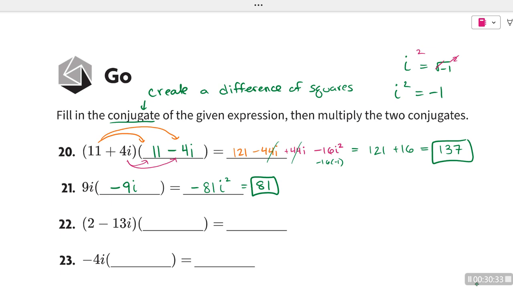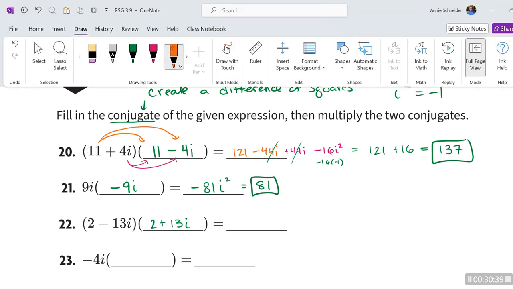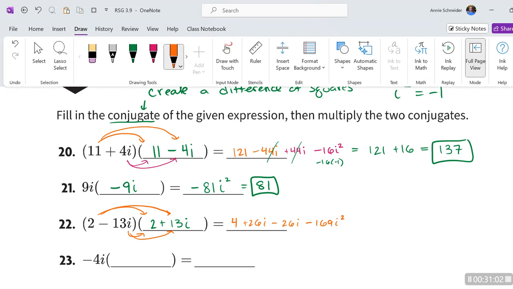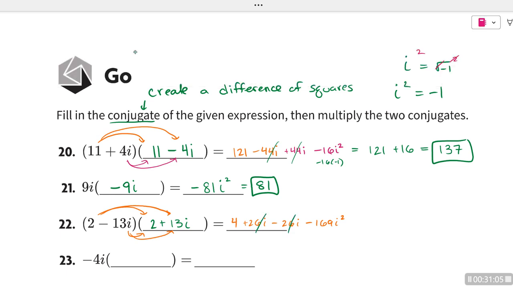Okay. 2 minus 13i, the conjugate is going to be 2 plus 13i. So if we multiply these, 2 times 2 is 4. 2 times 13i is 26i. Negative 13i times 2 is negative 26i. And then negative 13i times positive 13i, that's negative 169 i squared. So now let's combine our like terms, right? Those reduce, they go to 0. So we're left with 4, and this becomes plus 169, which when we add 4 to it becomes